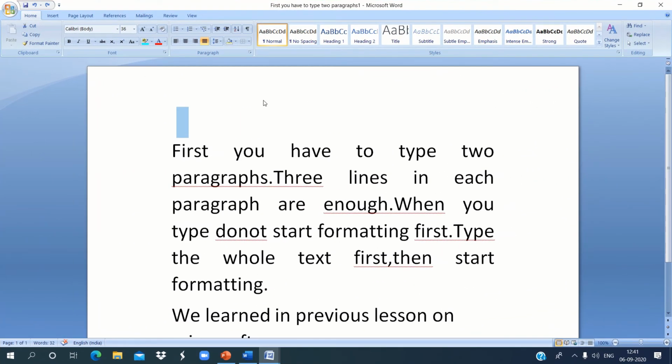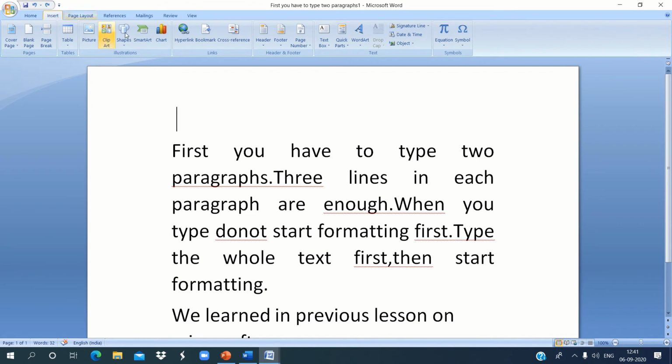Next, I am going to explain about the word art option. Do you know what is word art option? Yes, it is used to make the title attractive. For that, first you click the place where you want to insert the title. Then you click on the insert tab. After that, can you see the text group?